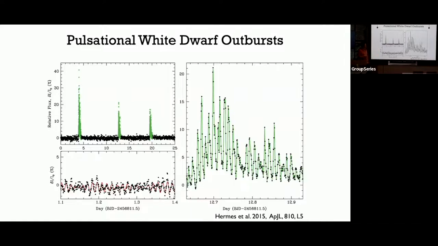So this is a really dramatic example of another pulsating white dwarf that had increases in brightness up to 40% during the oscillations. And zooming in on the region of one of these outbursts, we can see that the oscillation signatures, which you can see here in quiescence, increase dramatically during the outburst. And so this convinced us that this is certainly something that's happening in these white dwarfs,